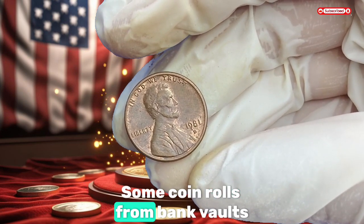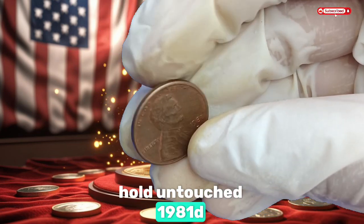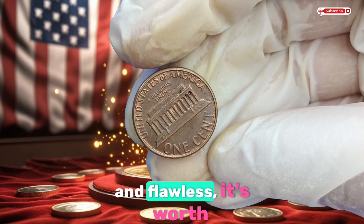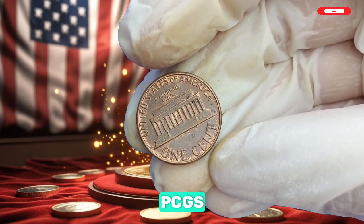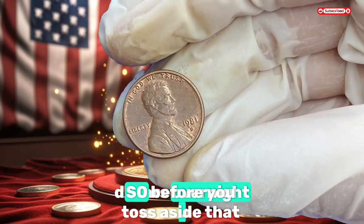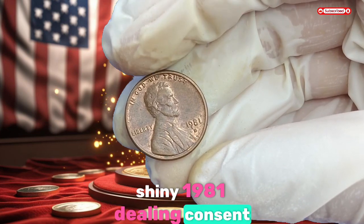Some coin rolls from bank vaults or inherited collections still hold untouched 1981 D specimens. And if you happen to spot one that looks bright red and flawless, it's worth checking under a loupe. Getting it certified by PCGS or NGC might just turn your penny into hundreds of dollars overnight. So before you toss aside that shiny 1981 D Lincoln cent, take a moment to